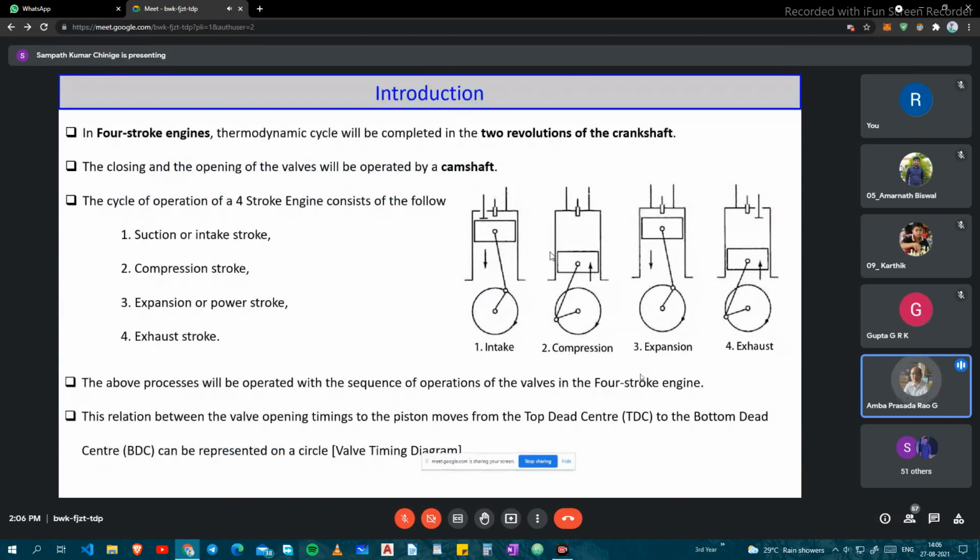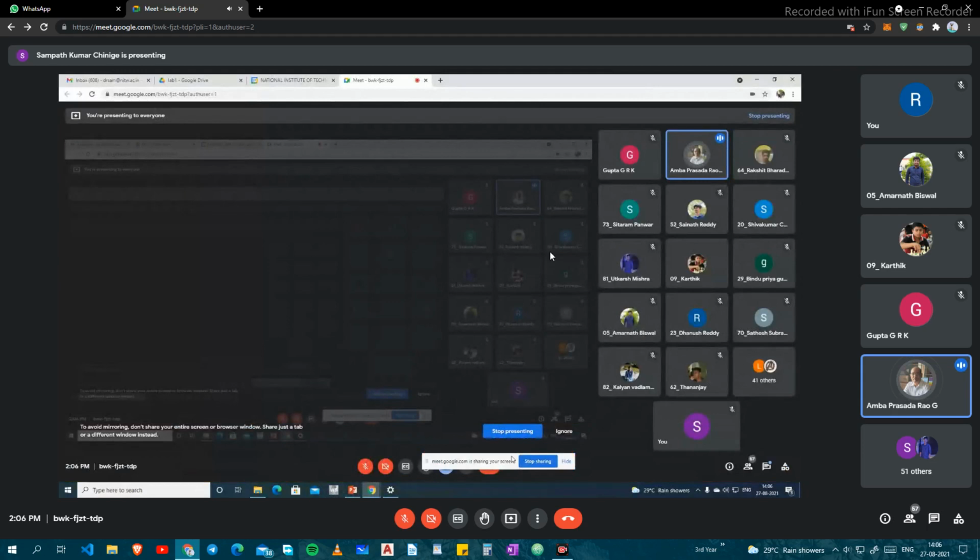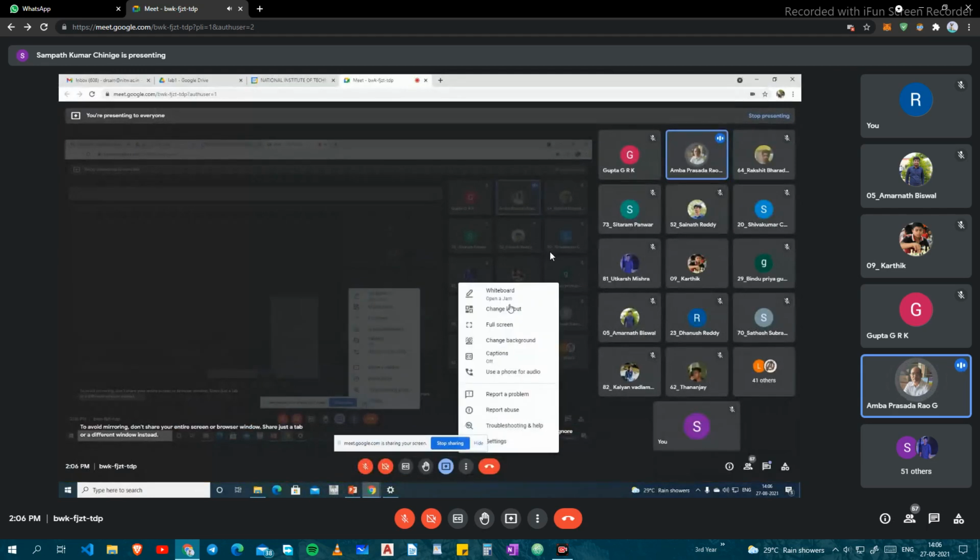What happens in a diesel engine, typically a vertical cylinder engine, is that the piston will be at the topmost point at the beginning of suction, the very beginning of the cycle. A cycle is four strokes, which means four movements of the piston and two revolutions of the crankshaft.